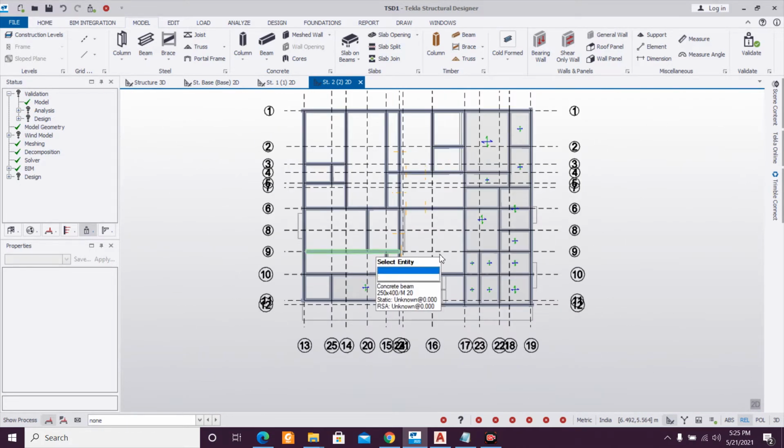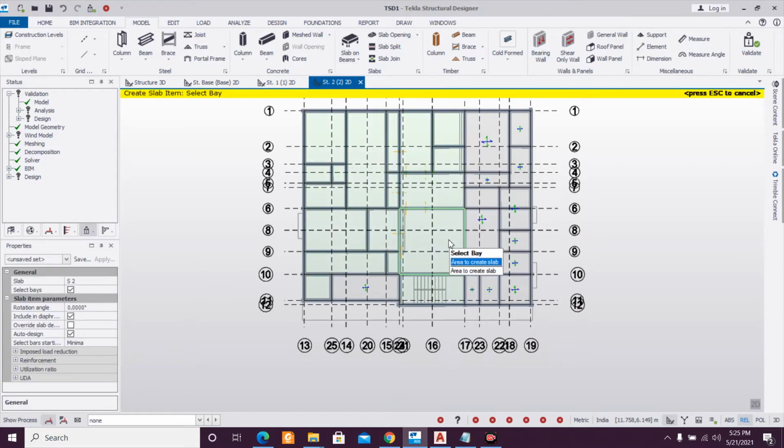As you can see, the model has been made, and now let's insert some slabs only for the weight. This we have putting the slabs. One-way slab cannot be designed anyway, and two-way slabs are not designed economically. If you want to design them, we have a video in our playlist. You can search that, how to design slabs economically in Tekla Structural Designer. We made a video. You can watch that.